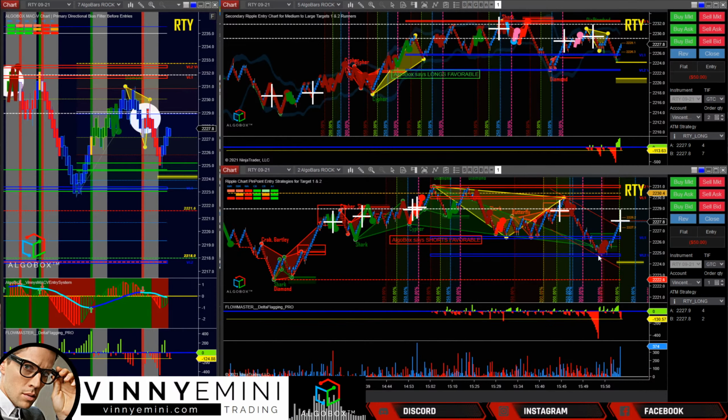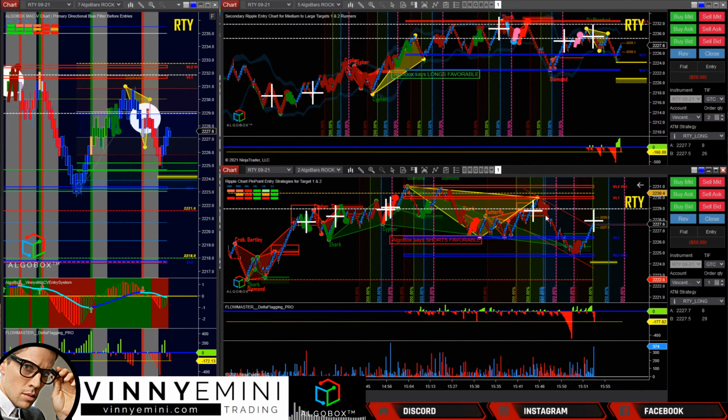Got the beautiful drop, but then I tried to get greedy with it and push it again. And look, every dot is not going to work. I've told everybody this, you cannot trade off of just a single dot. That dot, it broke right there. It pushes me right back and I tried to get greedy. I heard the aggressiveness of the sellers, but I would have had to really already be in that one. And it's the end of day here.